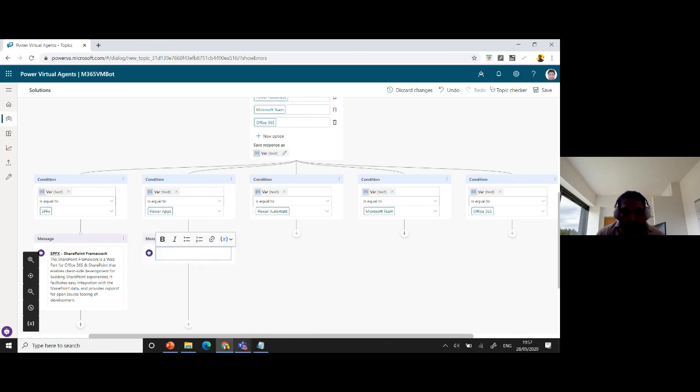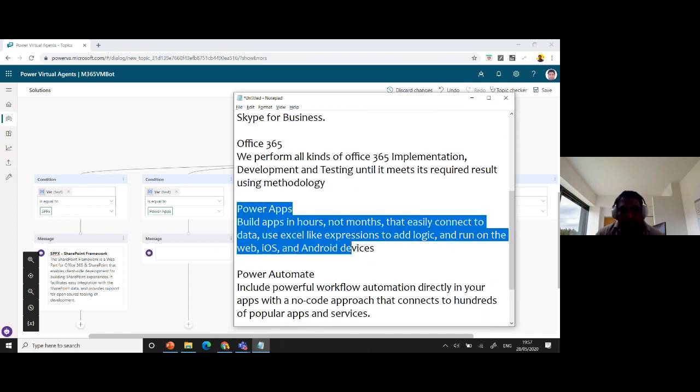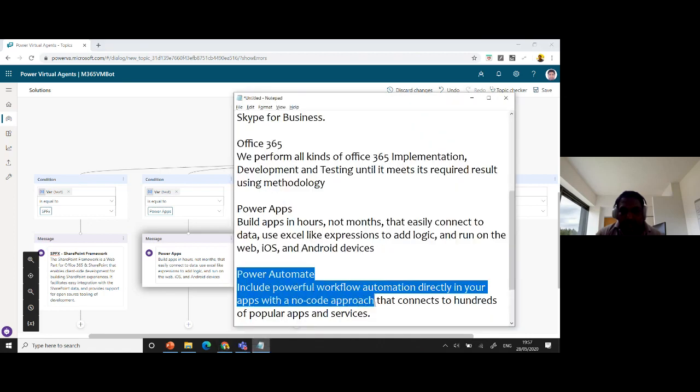So message, and I can add some. This is the Power Apps, right? I can use some Power Apps information about that. It's just the basic information. Don't worry about it. Just adding some message for whatever the customer asks. You can provide some information, right? You can use the solution part,